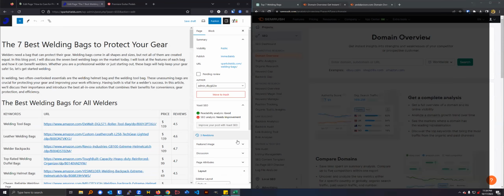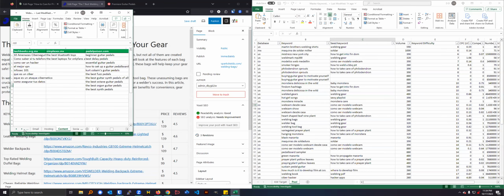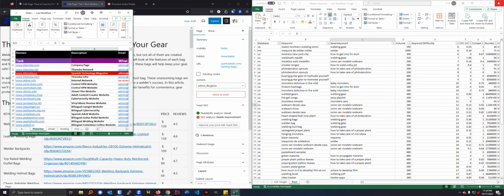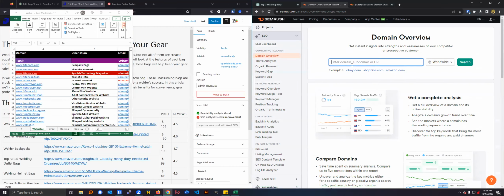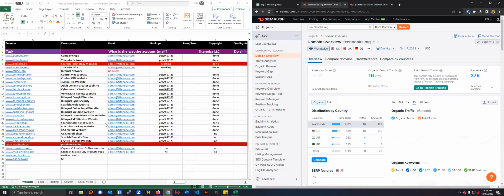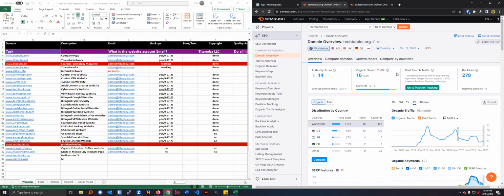you must take the list of all the websites. Looking at here, take the list of all the websites, and you must go to SEMrush, and you must go to domain overview, okay? In domain overview, you will type in the domain. So we will start with textbooks.org, for instance. You will have to do this for the websites, but your task will be to export